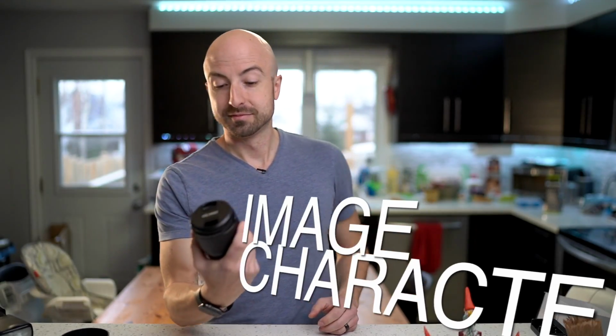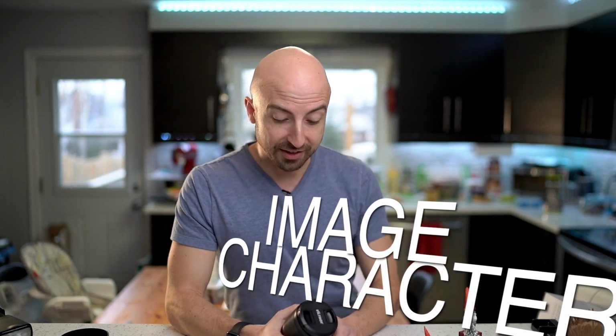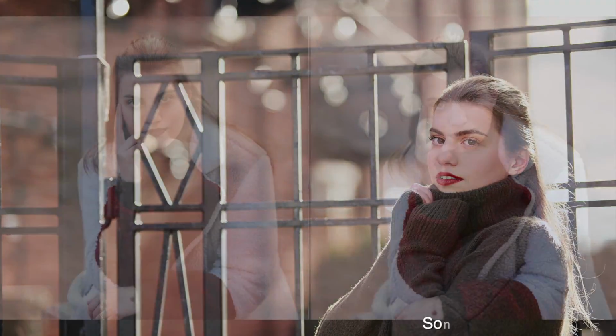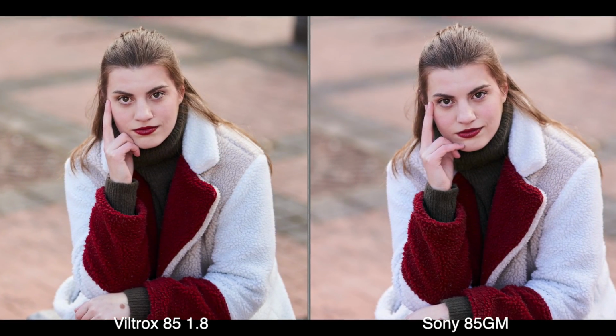It gets an 8 out of 10 for image character. And here's another spot that I don't really have much to complain about. The bokeh on this lens is shockingly smooth. It blew me away. At f1.8, the bokeh looks almost identical to the bokeh in my 85 G Master lens,